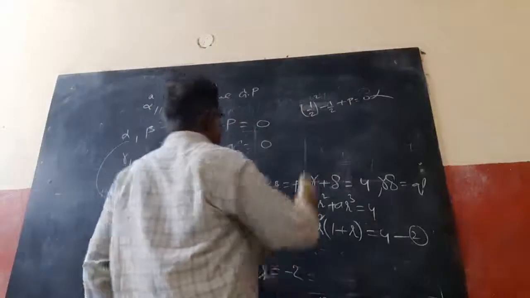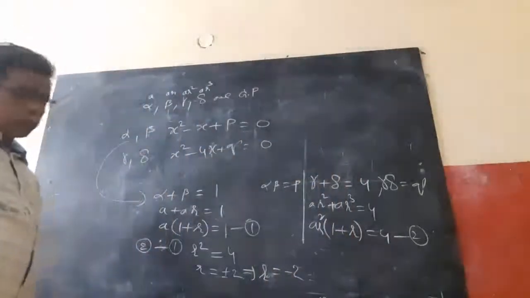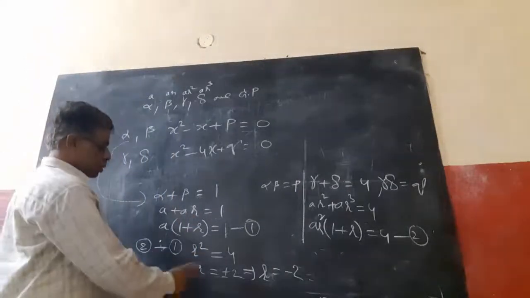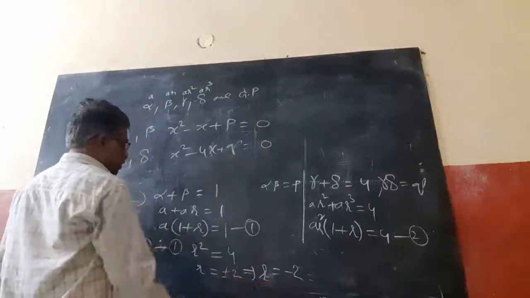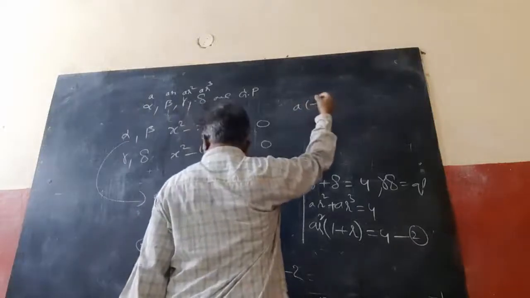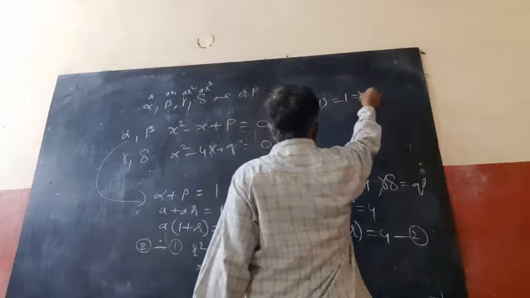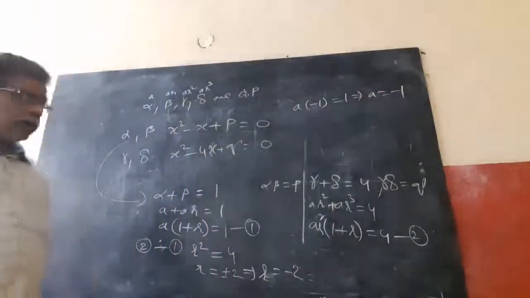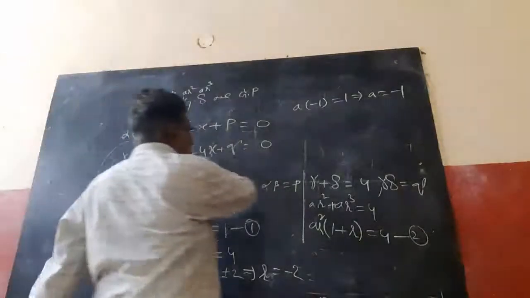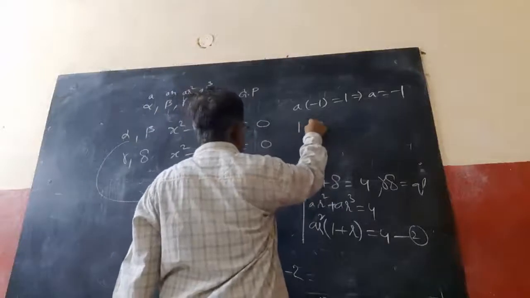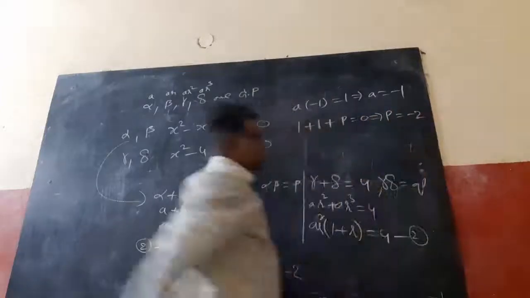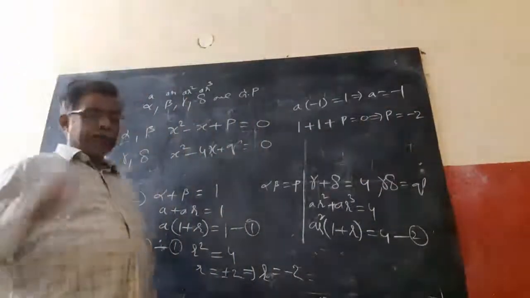If R equal to minus 2, what is the value of A? R equal to minus 2, I will substitute here. So A into (1 minus 2) equal to 1 implies A equal to minus 1. Now A is a root of this equation. Simply I can substitute here. So what happens? Minus 1 here, if I substitute, 1 plus 1 plus p equal to 0, implies p equal to minus 2. It is an integer, 100%. So p value is minus 2.